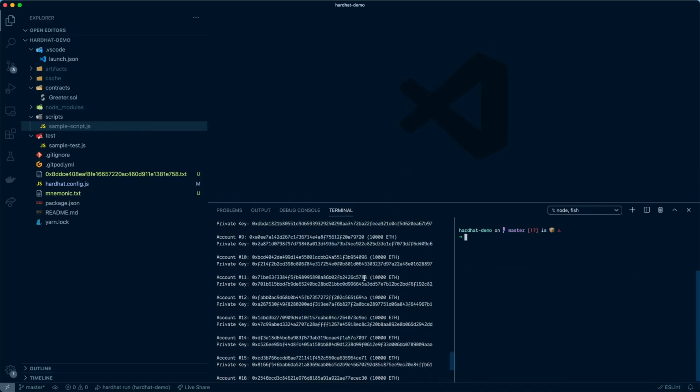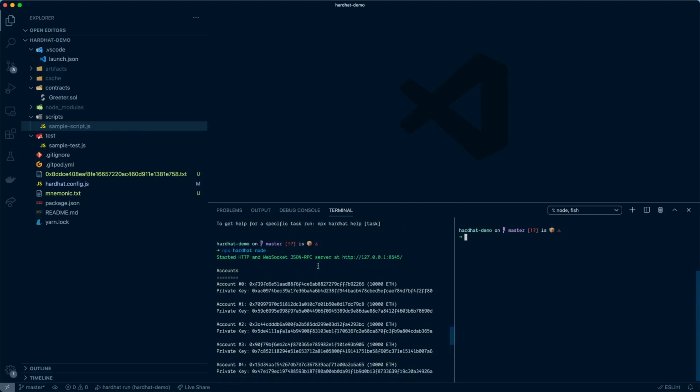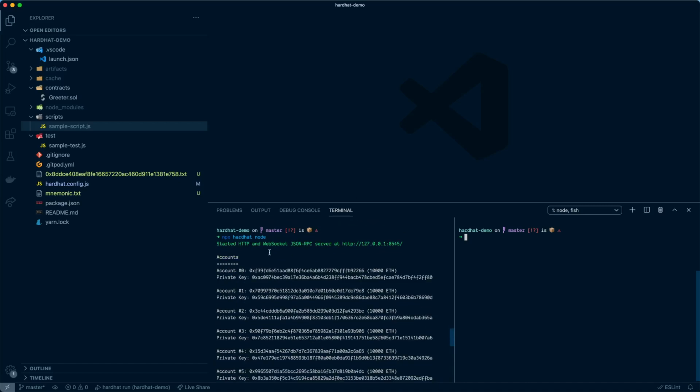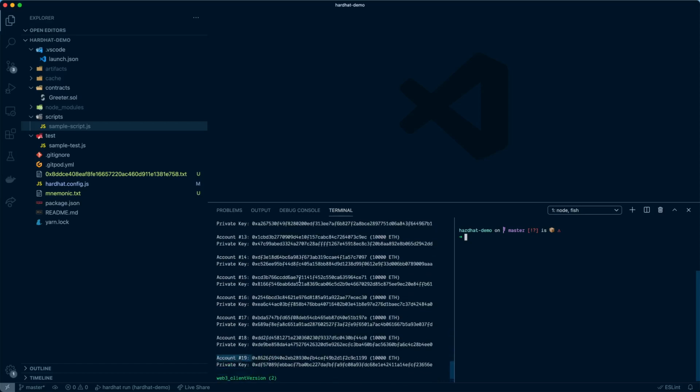First of all, to give a bit of context on how the Hardhat network is different from an actual node: the default behavior is that every time we send a transaction, it mines a block. So for example, if we run the sample script here,